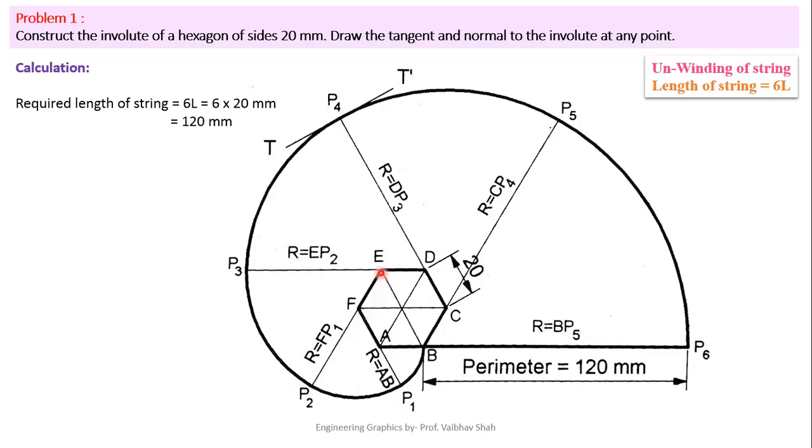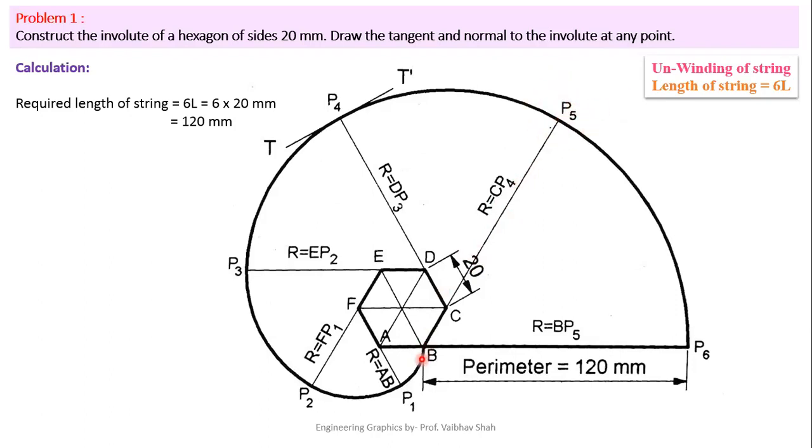Now change the center to E. Now take E as a center and EP2 as a radius, draw one circular arc like this, and this circular arc will cut this tangent line of E, and you will have this point as P3. Now change the center to D, put your rounder at point D, and take the radius equal to DP3, and draw this circular arc like this. This circular arc will intersect this tangent line of D, and you will have this point as P4. Now change the center to C, take the radius equal to C till P4 on the rounder. Try to draw this circular arc. This circular arc will intersect the tangent line of C. It will give you point P5.